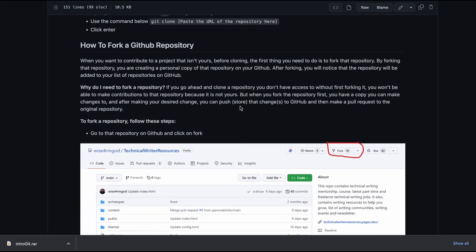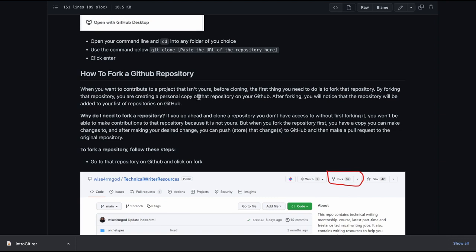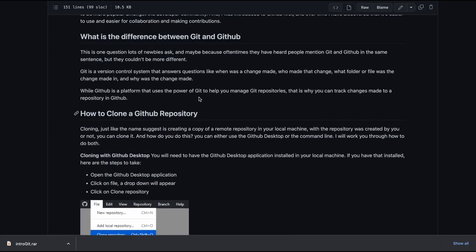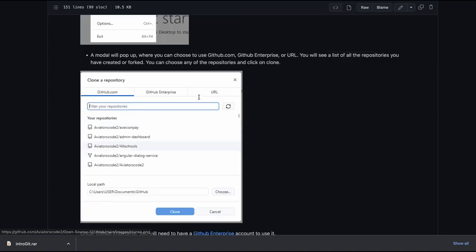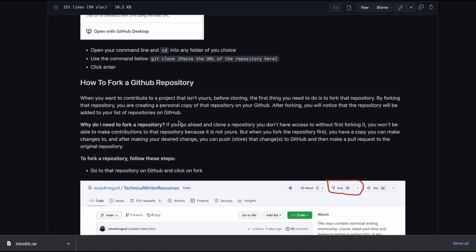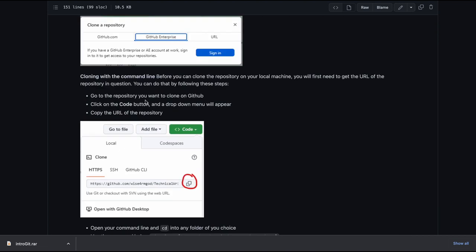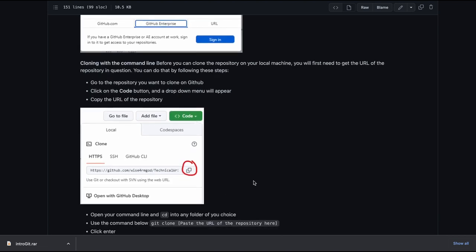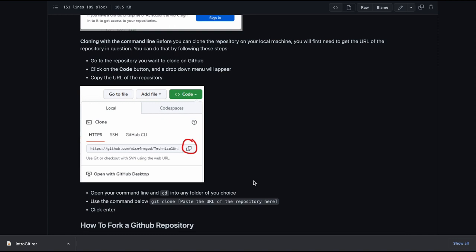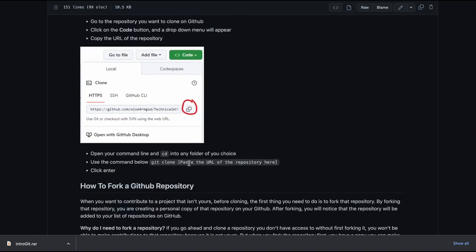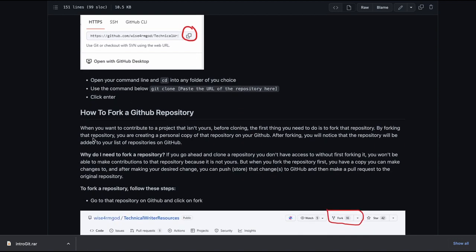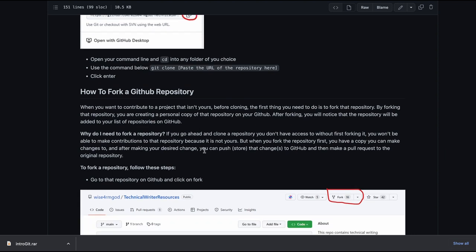How to fork a GitHub repo. We want to contribute. So you need to work on the cloning with the CLI. It's not very clear. It's not very, I would say, introductory. So expand it a bit so somebody can understand how to do it. Because with what you have here, I can't even clone. Now, how to fork a GitHub repository.